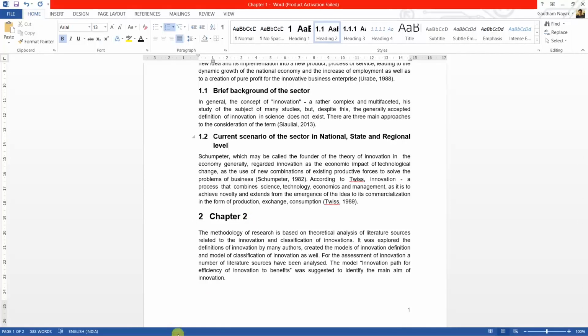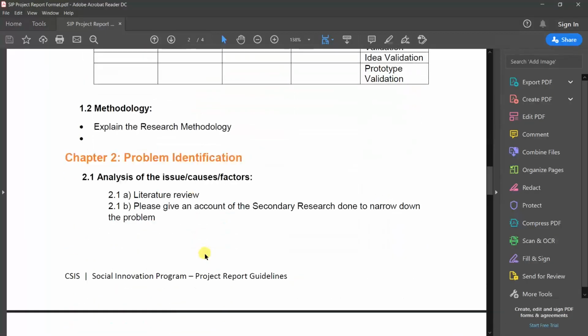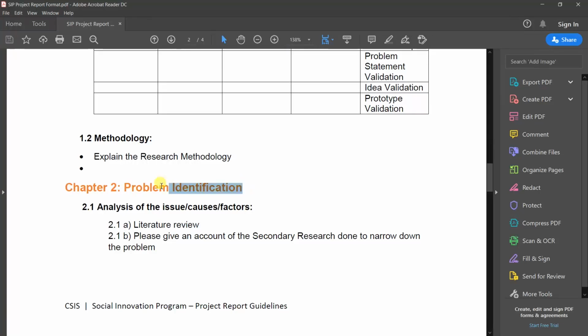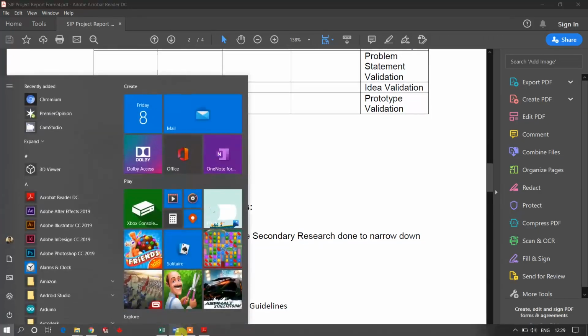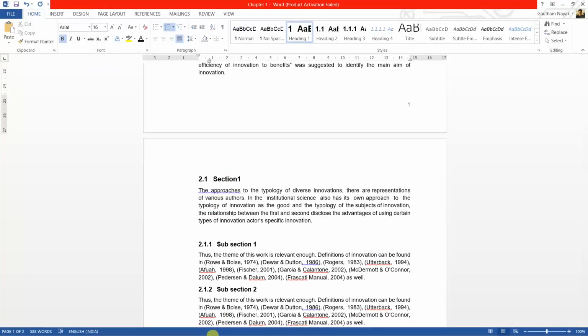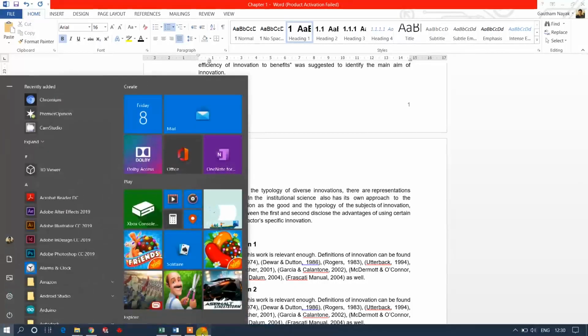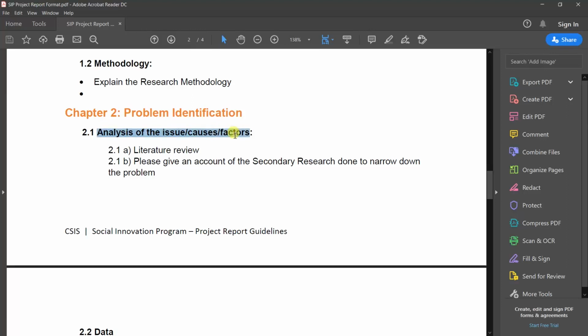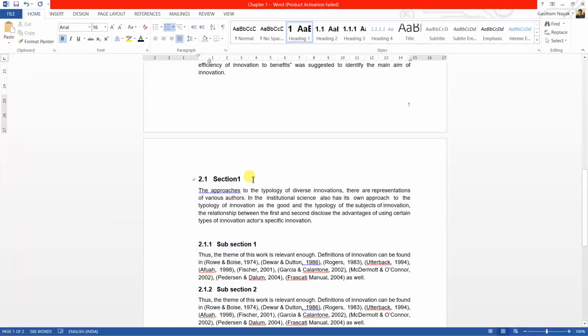Now chapter 2. Let me go to the format. Chapter 2 is problem identification. I'll copy it and select this as my heading 1. The section in chapter 2 is analysis of the issues, causal factors, and this is my heading 2. I'll remove section 1.